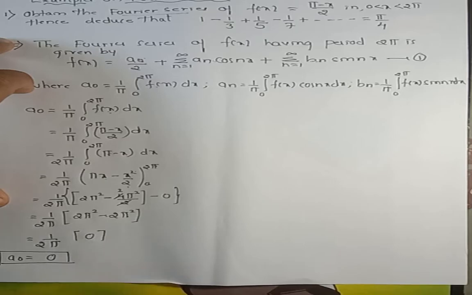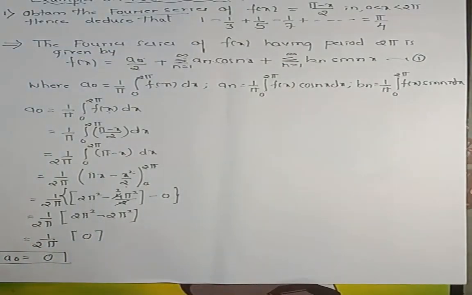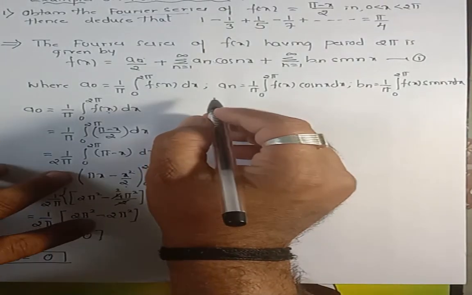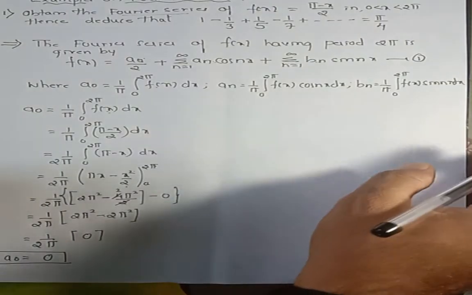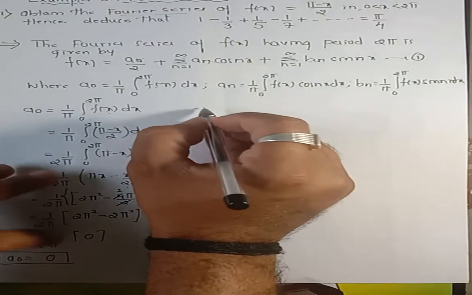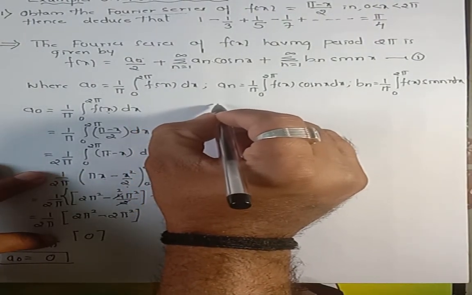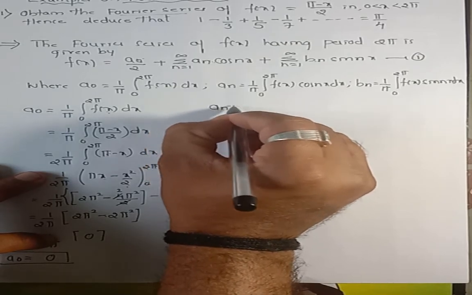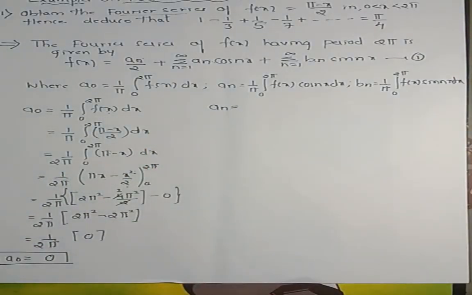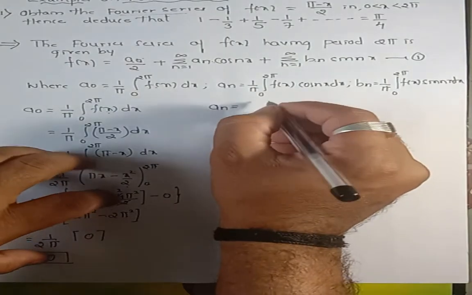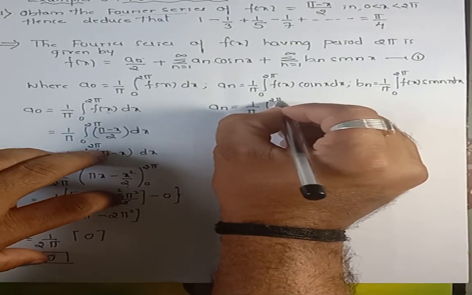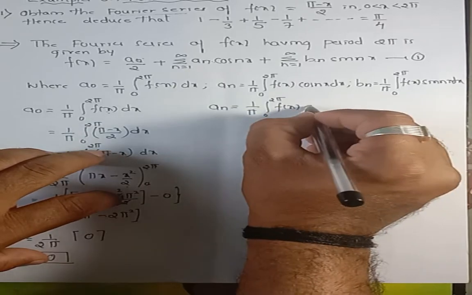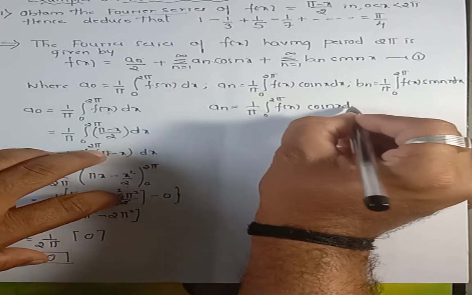Finally you got a naught is equal to 0. Okay, now let me go for calculation of an. So an is equal to formula is 1 divided by pi integration 0 to 2 pi f of x into cos nx with respect to